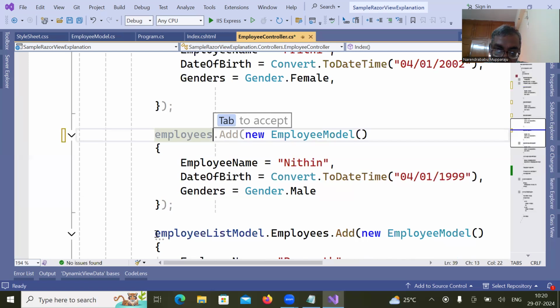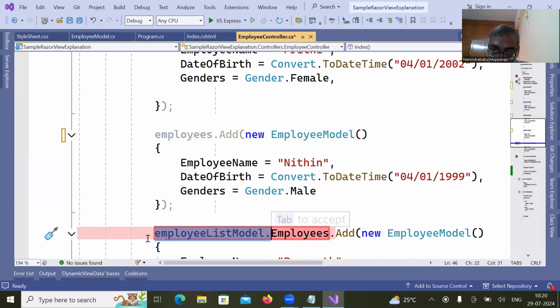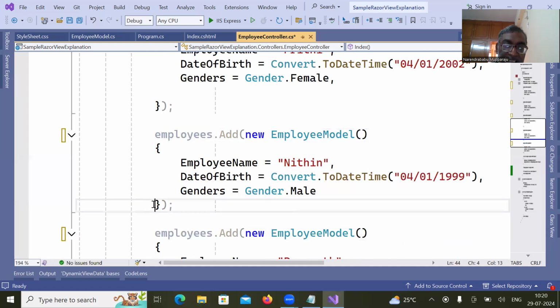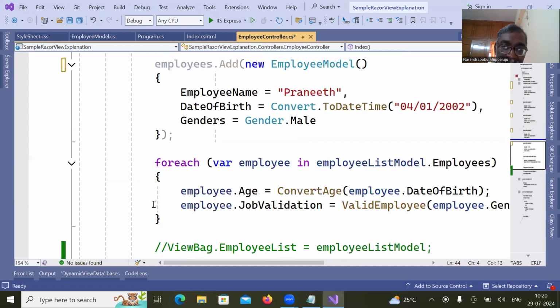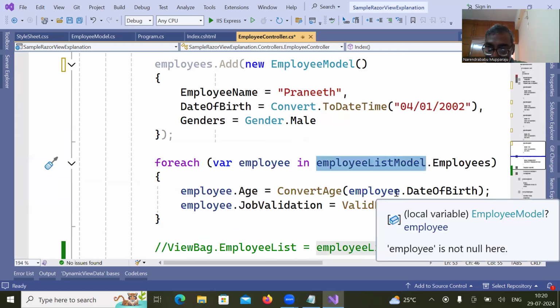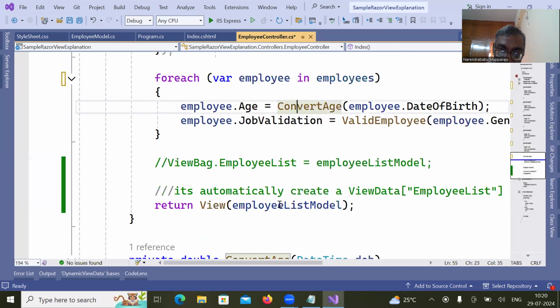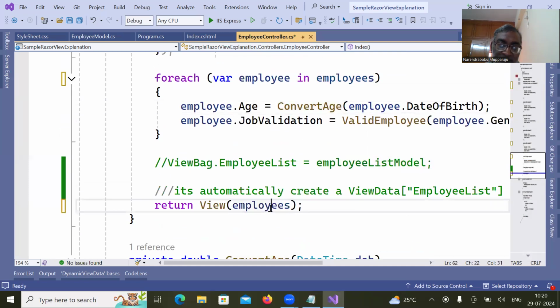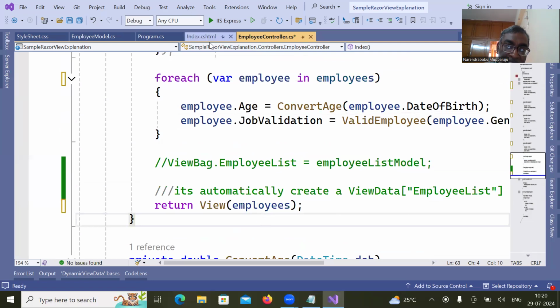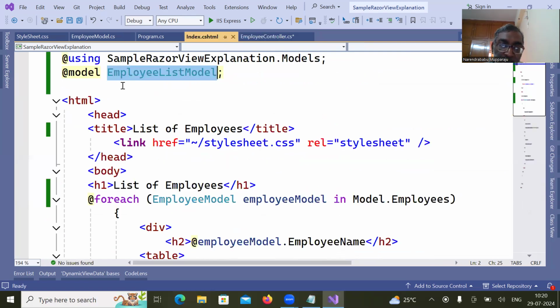Say yes or no. Yes, sir. Here I'm going to pass only the list of employees. And then I'm going to pass here employees as an object. And then I'm getting that. Now here I'm going to pass employees. When you pass employees here in the index, you should not use it like this. You should use enumerable